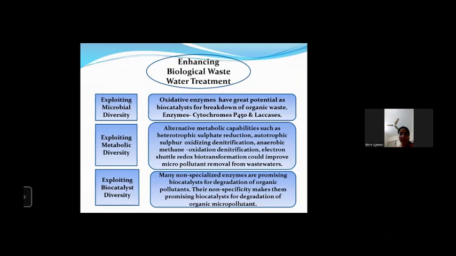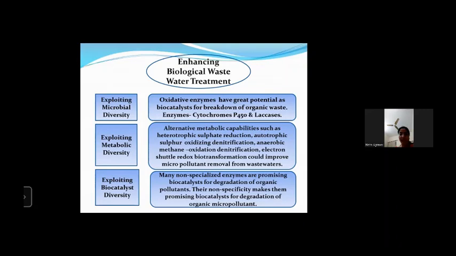One of the most prominent examples is oxygenase cytochrome P450, a highly efficient group of monooxygenases responsible for the destruction of drugs and toxins in microorganisms. The second class is laccases, a group of copper-containing oxidative enzymes used by microorganisms to break down lignin. Both these enzymes have been shown to efficiently degrade a wide variety of organic micropollutants.